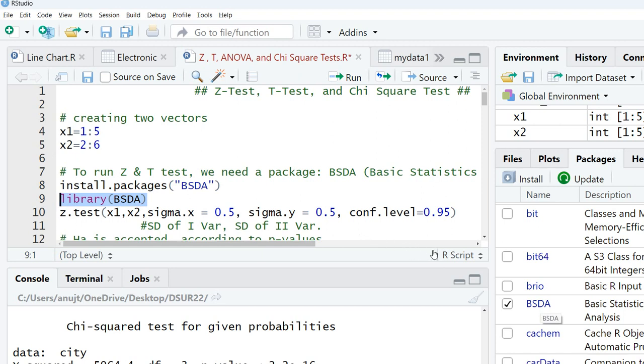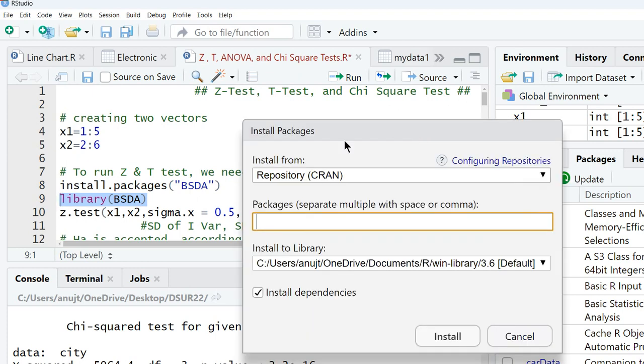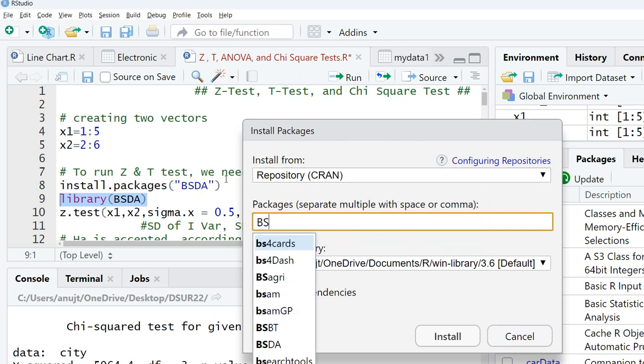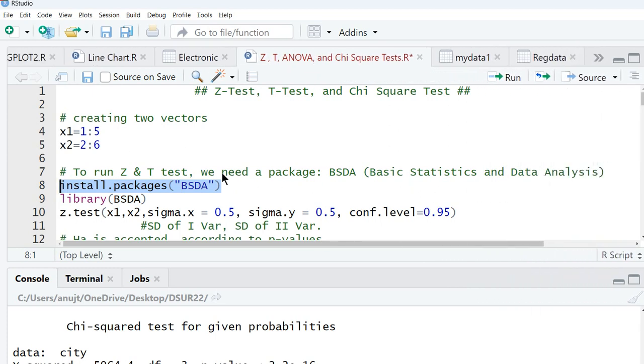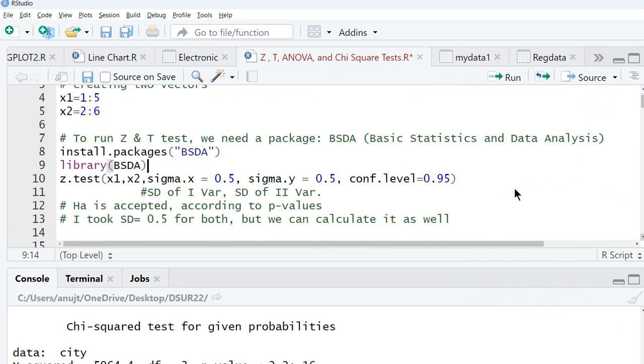If you do not have this package in your R Studio, you can install it. Okay, you can go to install and repository CRAN. Here you can write BSDA. Okay, it will come and you can install. Or either you can write a command install.packages in double quotes, write BSDA. Okay, now once this package is installed, what I'm doing